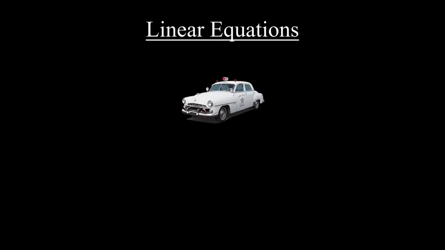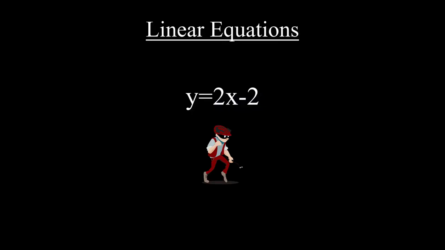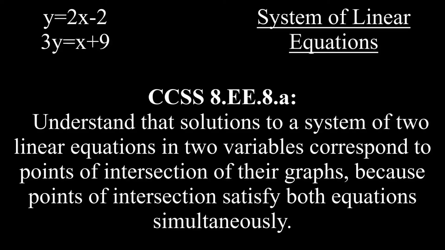The travel of the cops and robbers can each be represented by a single linear equation that looks like this, or this. Any situation where two or more of these equations are used at the same time will create a system of linear equations, as described in Common Core Standards 8.EE.8.a. Now, it can be intimidating to solve something that looks as complex as this, but I'm going to take you through a couple of different solution methods